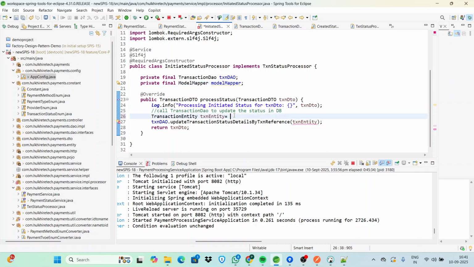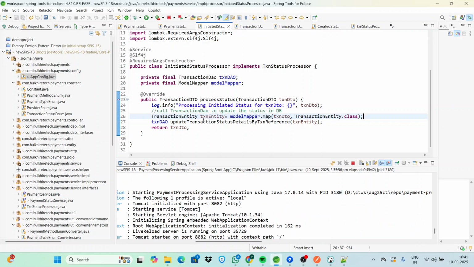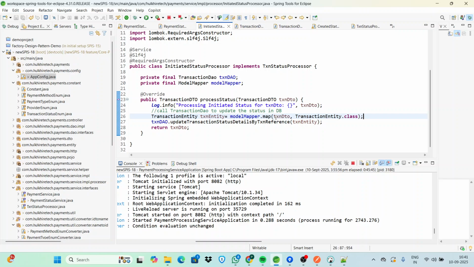So map here, the object of the model mapper is model. Yes, it is done. Transaction entity, this object model mapper dot map. What we have to map? The transaction DTO to transaction entity, so that we can pass it to this entity. So let's